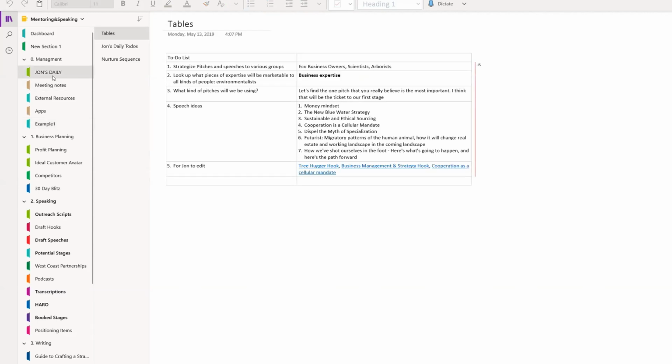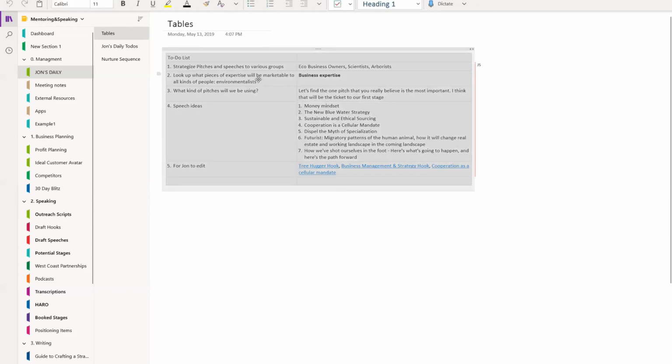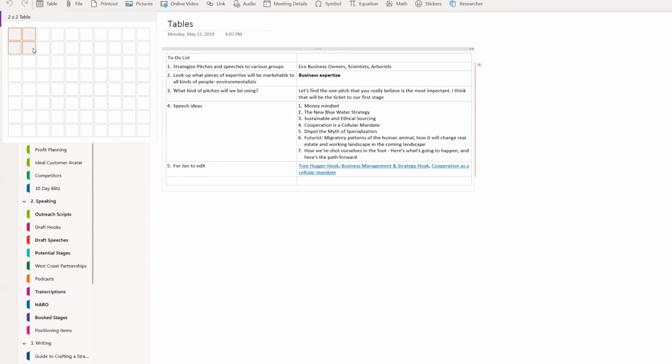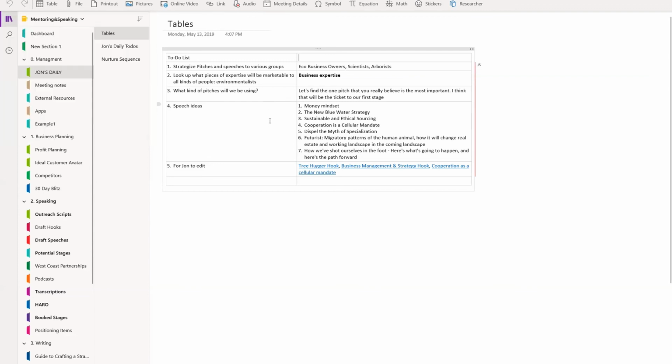John is the business manager that I work with in this particular business. And John has daily to-dos. So we drop a little table in here, and he walks through some of the daily to-dos. And part of what I do in this business is work with people like you. You open up a tab, a page, and then you go into insert and you can drop a table in here. And I love to do just two-sided tables because it allows you to organize your thoughts into a category header and then content on the right, which is what you see here.